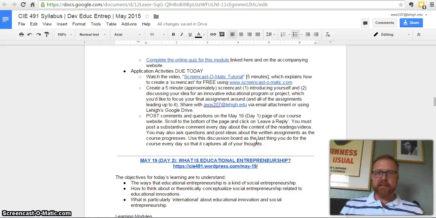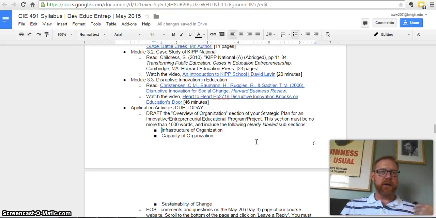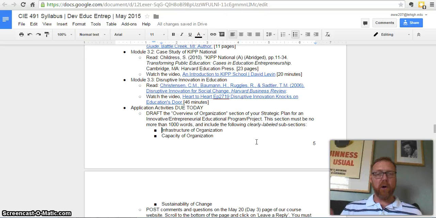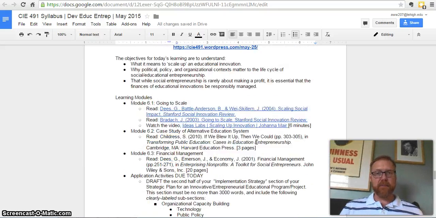And you will see that it is the same day after day. It tells you what you're doing. It goes through different learning modules. They have linked readings and linked videos for the most part. Then there's an application activities section that asks you usually to draft one part of your draft strategic plan and then to post comments on the discussion board for that day. And that's how it moves through the class, people.